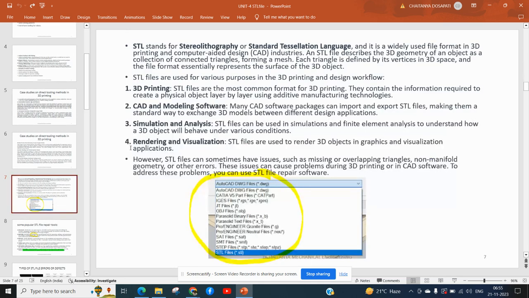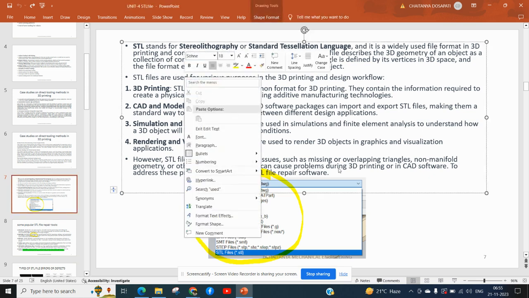So here, what is meant by .stl? .stl is nothing but stereolithography, and it is a standard tessellation language. Standard tessellation means it is involving some triangles, involving some hexagonal figures which will be overlapped during the meshing file. So you all know that there are three stages generally observed in a particular